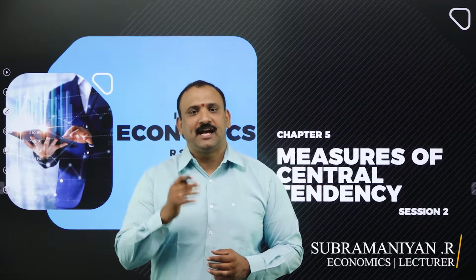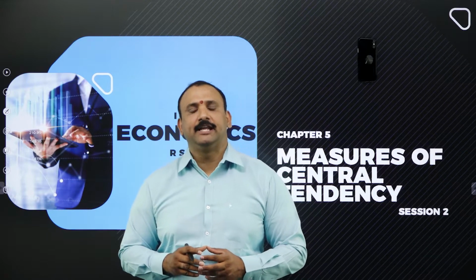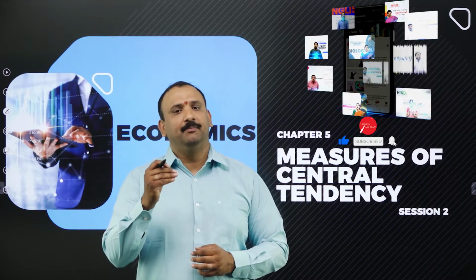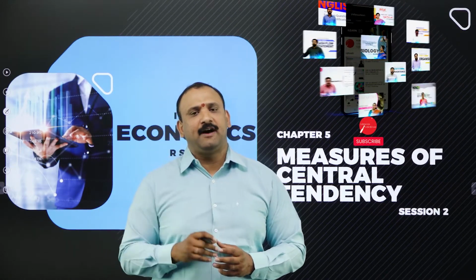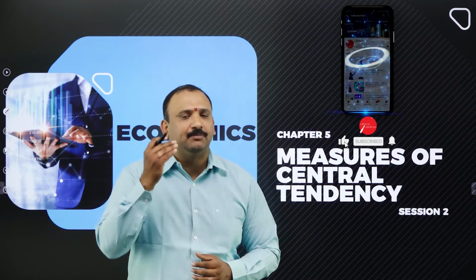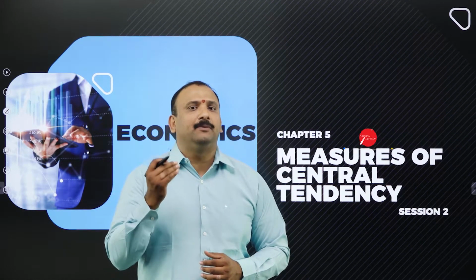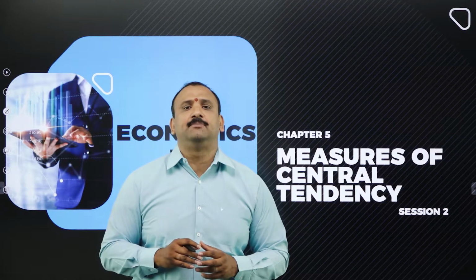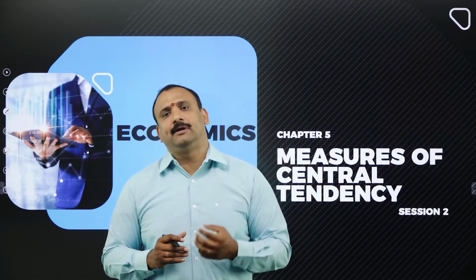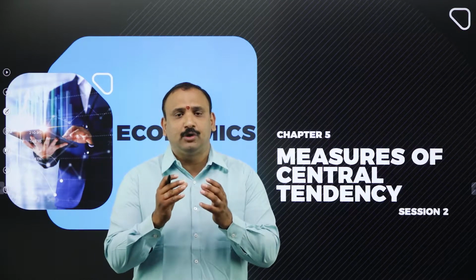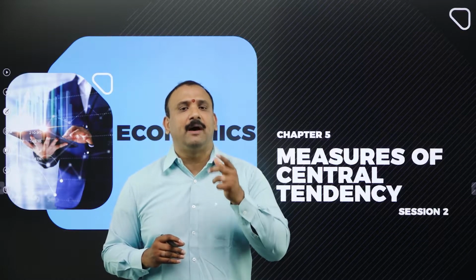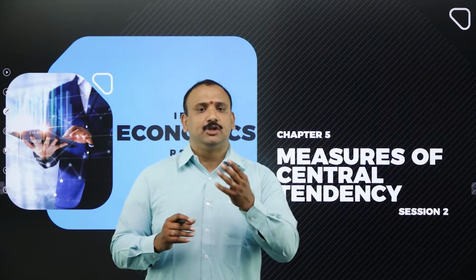Good morning and welcome to my second session on Chapter 5, Measures of Central Tendency. In the last chapter, we were trying to discuss arithmetic mean, median and mode. Now, the first factor is that we have only seen about the arithmetic mean. We are now going to see about median. Before that, we will also see some of the methods that have been discussed in arithmetic mean. And then we will go to another important function called median, and that would also help us understand the importance of statistics in terms of application when it comes to economics. So quickly moving forward,